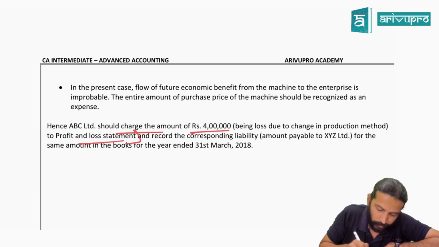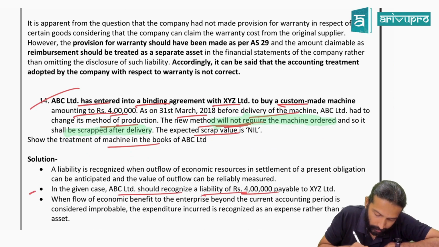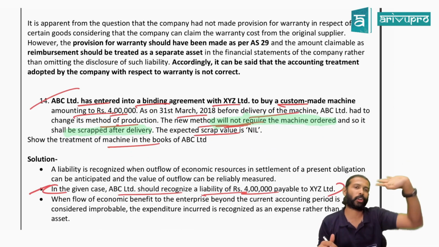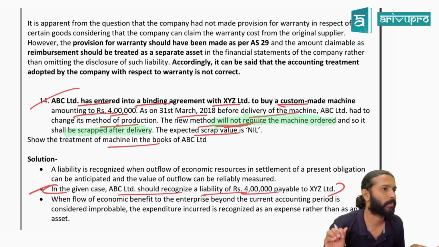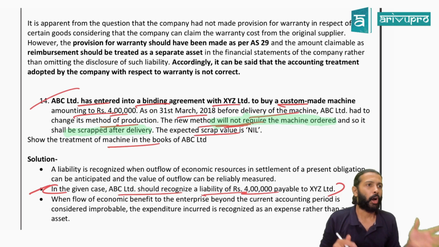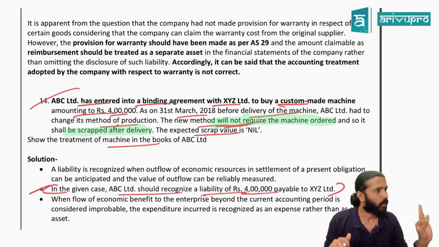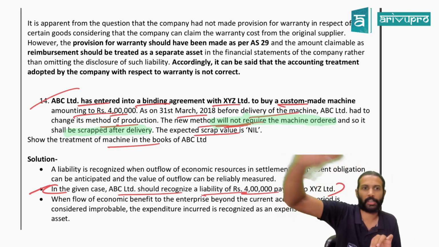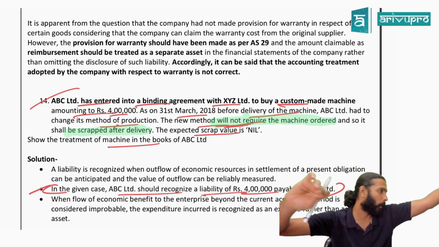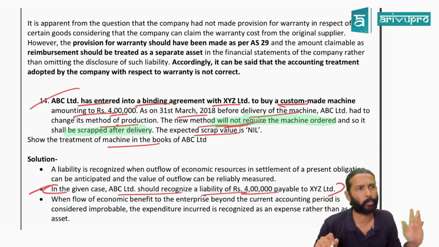Underline this, sir. This line you underline, and the liability line you underline. Second point. In the given case, A Limited should recognize the liability of 4 lakh. Those 2 points are good enough for us. Rest everything is goalie. If you want to add more masala, you can write: asset should not be recognized because there is no future economic benefit, and liability should be recognized because of the liability definition. Those 2 more points you can bring in if marks are on the higher side. If it is 2 marks, these 2 pointers are more than sufficient.